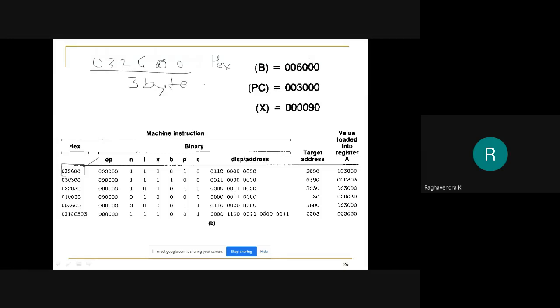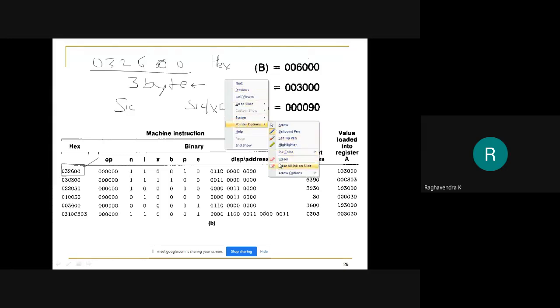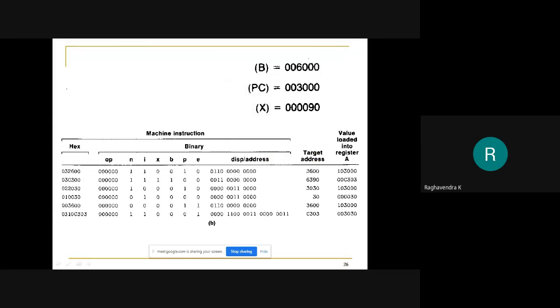Obviously, if it's a 3-byte instruction format, then it can be an SIC instruction or an SIC/XE instruction. In order to check which instruction it is, we have to expand this instruction and look into the corresponding bits. How did we do that? We expanded 0, because it's a hexadecimal number, so it will occupy 4 bits: 0000.